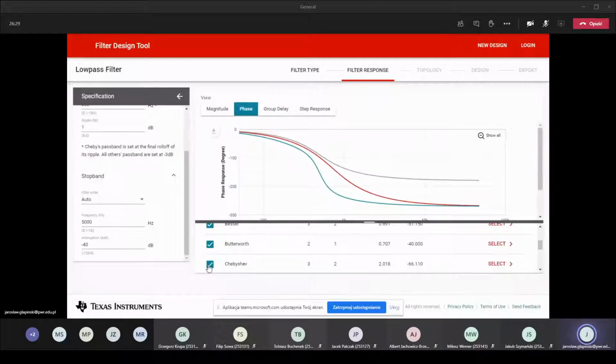Because in filters we change both the magnitude and the phase of the signal, we have to choose what is more important, the phase or the signal's magnitude. You can see that the Butterworth changes the phase less. So we use the Butterworth, and then we can